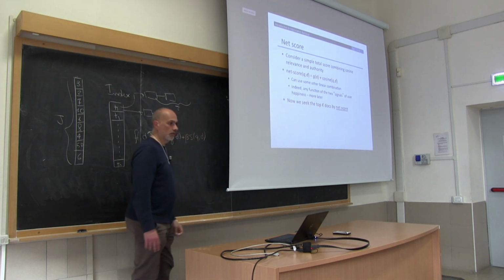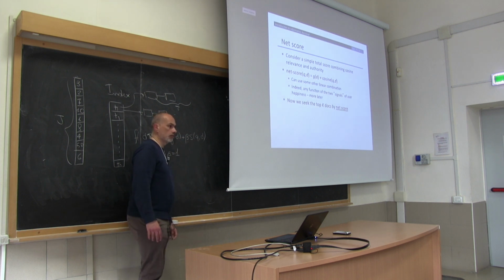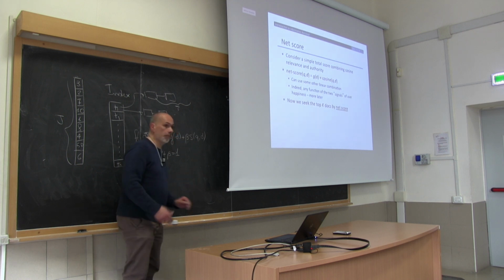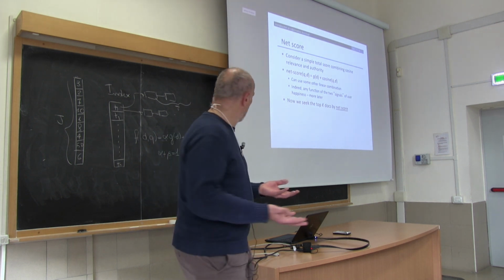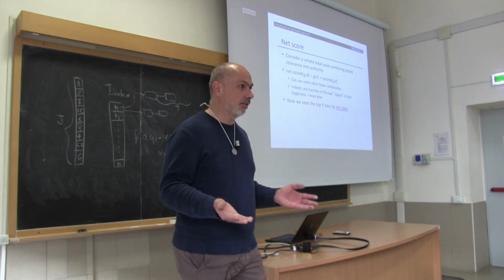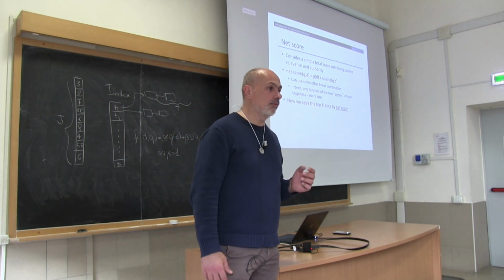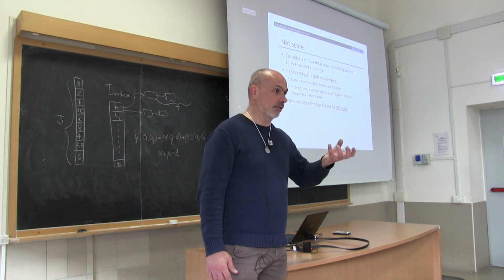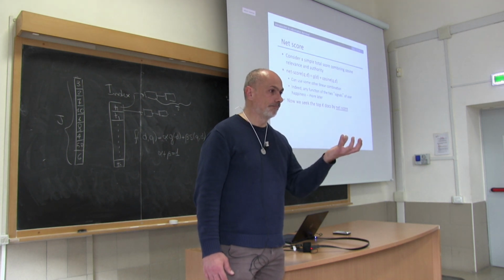why not something like this, where, for example, why don't you take a convex combination? Why this idea? Because perhaps the quality of the results you provide to a user is maximized not when alpha and beta are the same, but when alpha and beta are slightly different, according to some ratio, for example. You may want to give more weight to the static part. So if a page is authoritative, you may weight it a bit more.